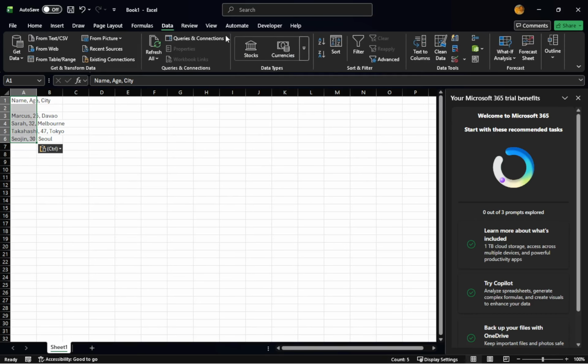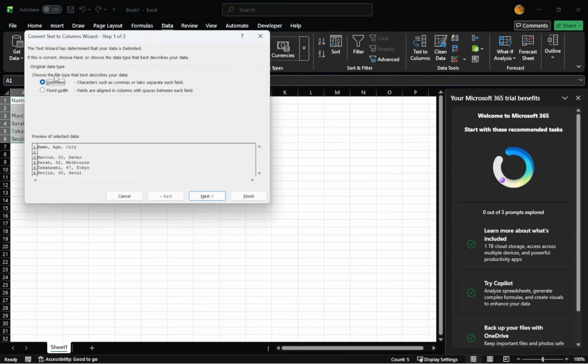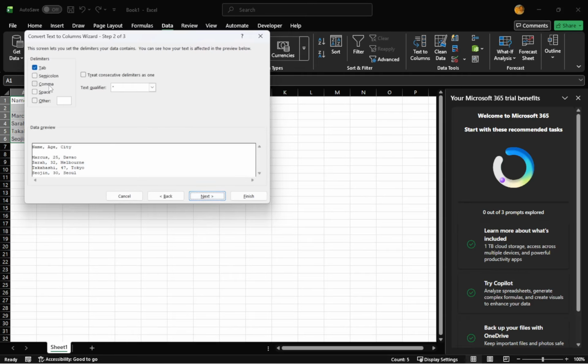You will need to specify how your data is separated. Choose between a comma, tab, or space separator depending on how your data is structured. This is a key step because proper separation ensures each piece of data lands in the correct column. After making your choice, click Finish. Your data should now appear in organized columns.